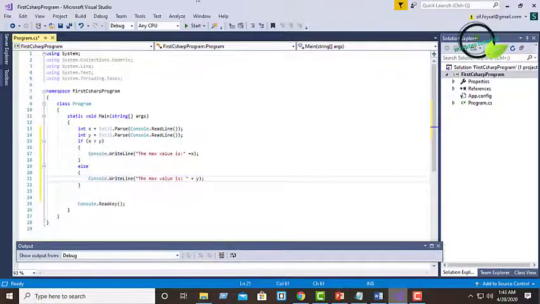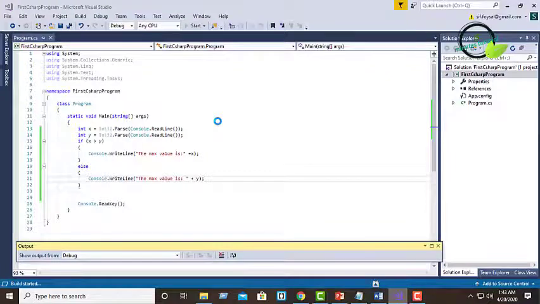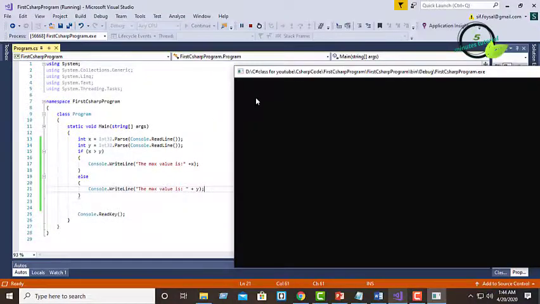So let's run the program. I am giving the input for x and the input for y.